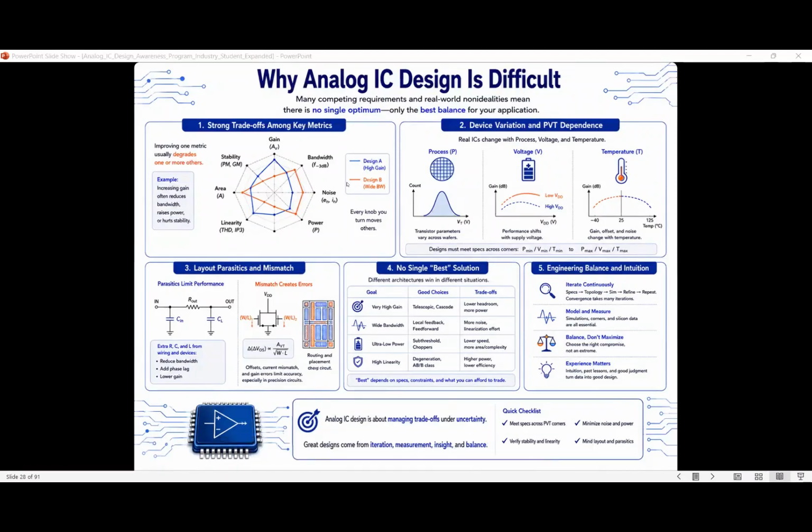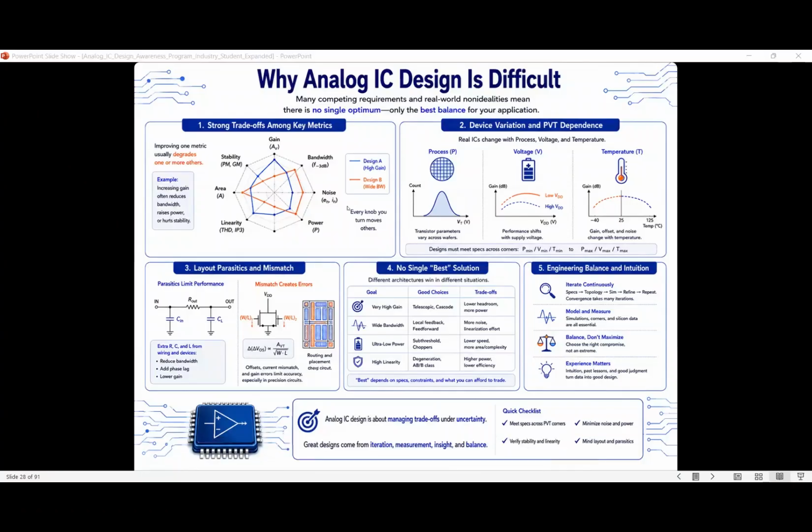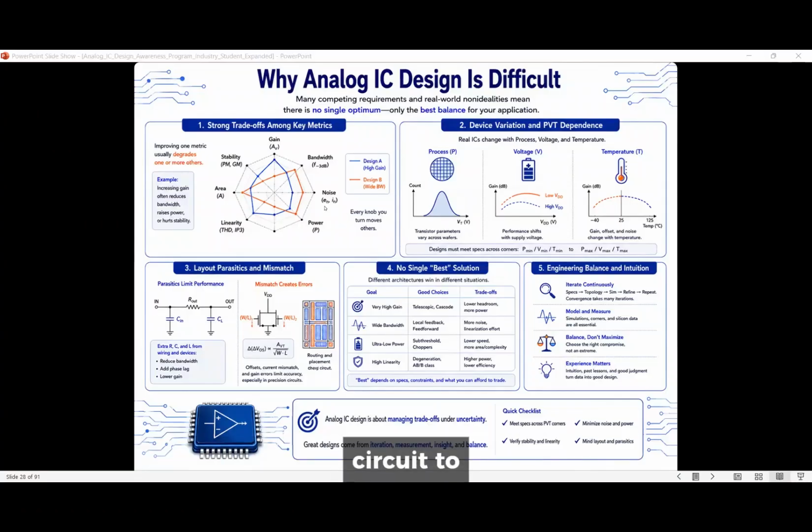I think many students will be confused why we have to consider noise at the input, because the noise at the output would directly affect the performance at the next stage. So why would we consider noise at the input? During the class we will explain in detail and have some specific circuits to help us